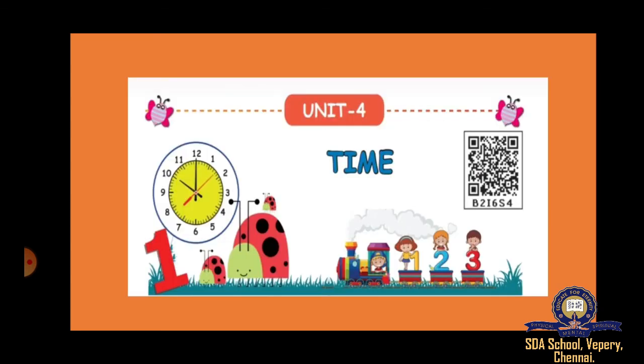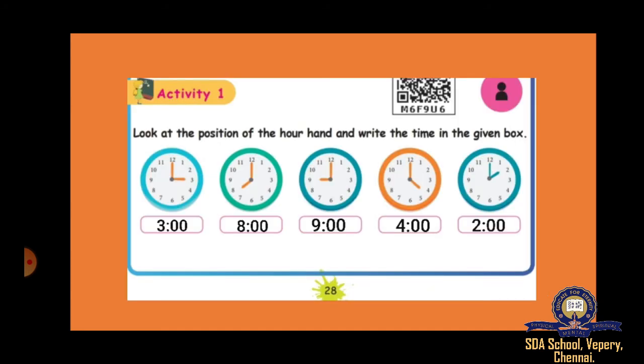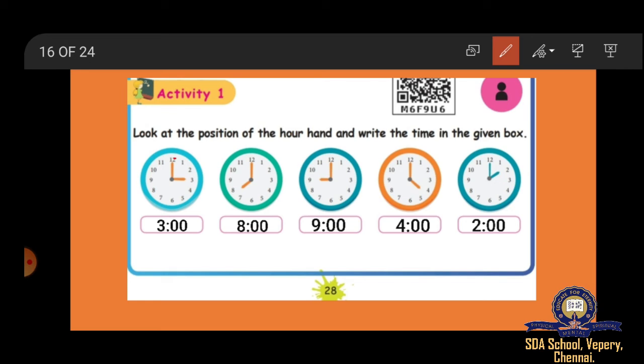Okay, understood? So the next unit is time. In time, it is very easy, nothing but how to read a wall clock. You have to know only 2 important points: the bigger hand is the minute hand, and the smaller hand is the hour hand. Only that is very important to understand. So bigger hand is minute, smaller one is hour. Whatever number is there, for example 9, the small hand should be on that number.